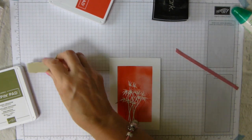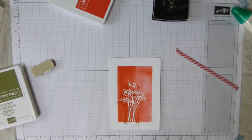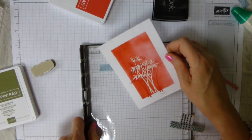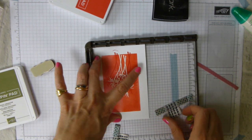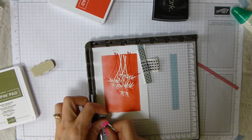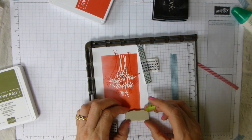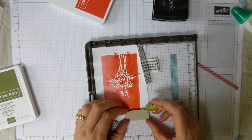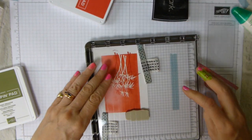Just there, I think. In fact, I might use the Stamparatus again. Let's take that stamp off, which does still need cleaning, and bring our Stamparatus back in. And actually I'll go that way up, right into the corner. So I can pop one magnet there, and one magnet just there, and then line my, yes, that is a straight edge. So if I line that up there and bring my plate in,